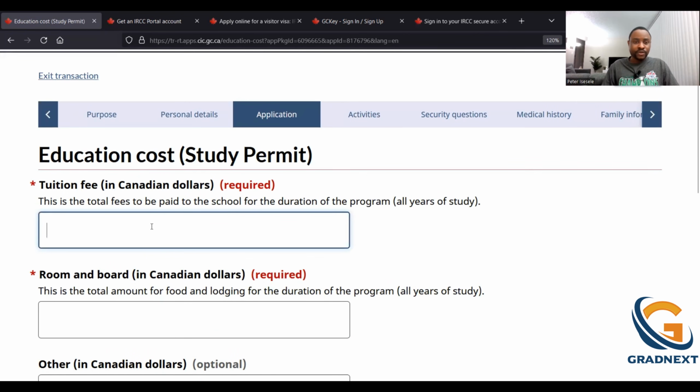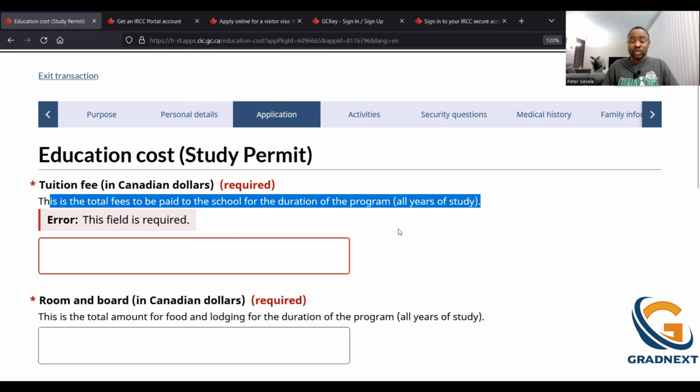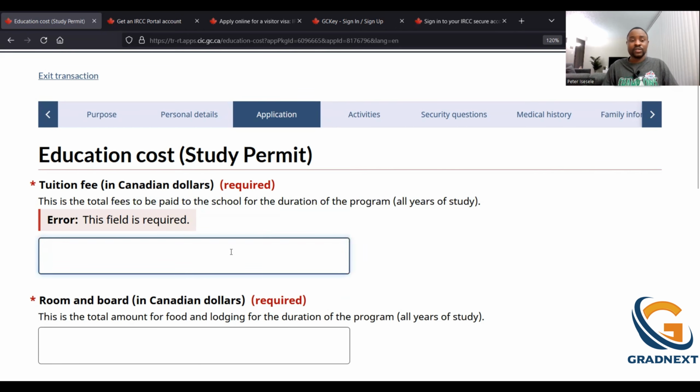Tuition fee. So for these, the total fees to be paid for the duration of the program, all years of study. So this includes, if you are doing a 2 years program, you have to fill 2 years tuition. Let's say if your tuition is $18,000, and for 2 years, let's say it's like $15,000 for 2 years. That's going to be